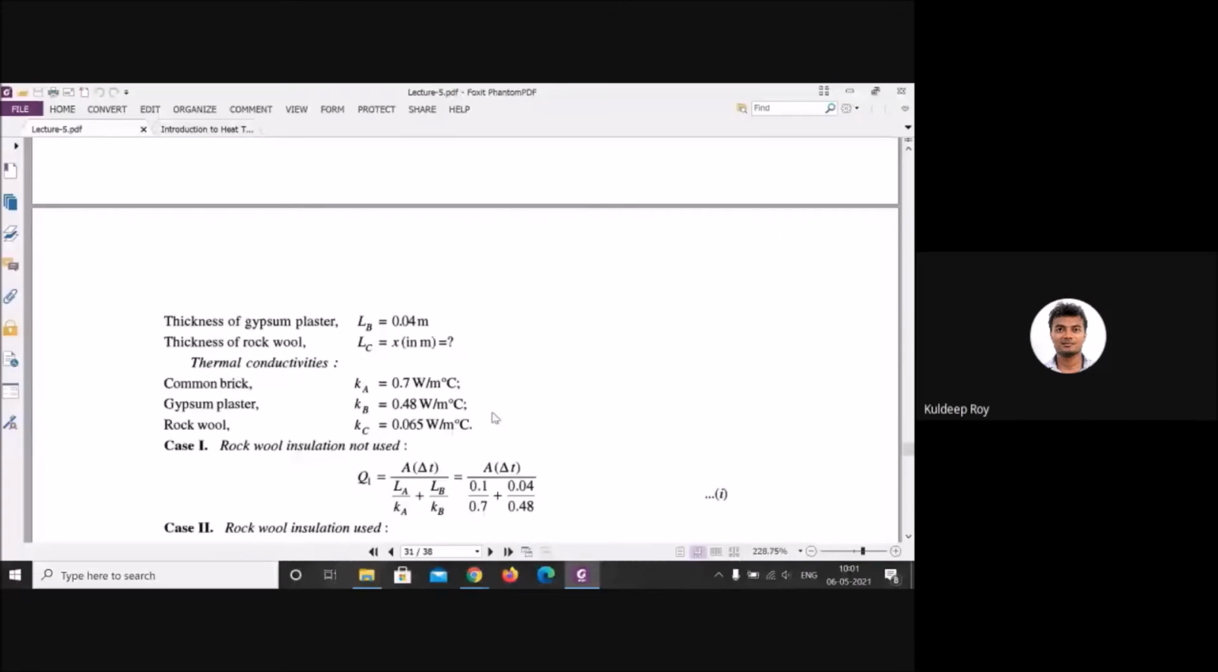Okay, we will solve this problem. The wall is made by a 0.1 meter layer of common brick with K equal to 0.7 watt per meter degree centigrade, followed by a 0.04 meter layer of gypsum. This is the first, this is the second, gypsum, small K 0.8 watt per meter degree centigrade. What thickness of loosely packed rock wool insulation, which is also given K equal to 0.65 watt per meter